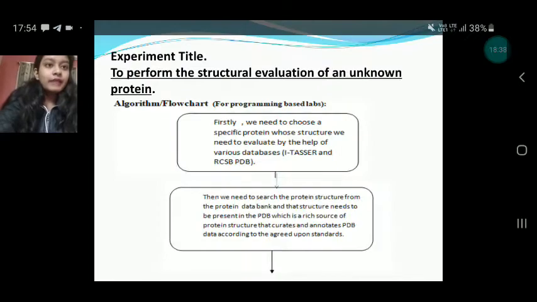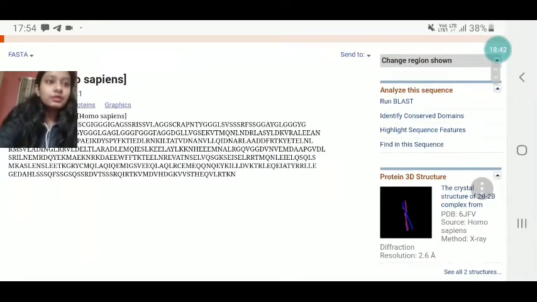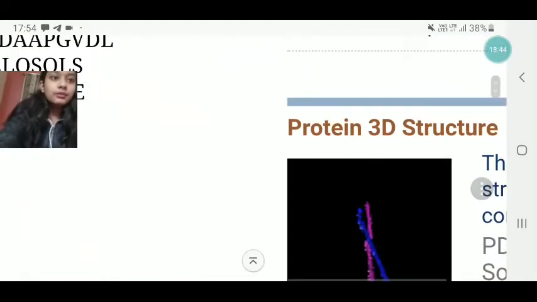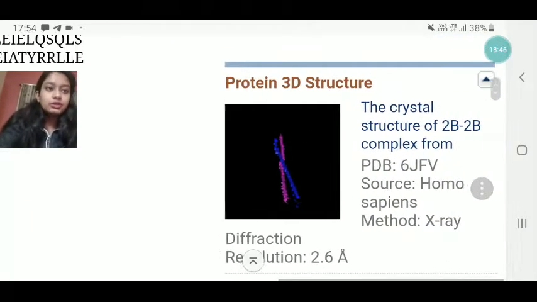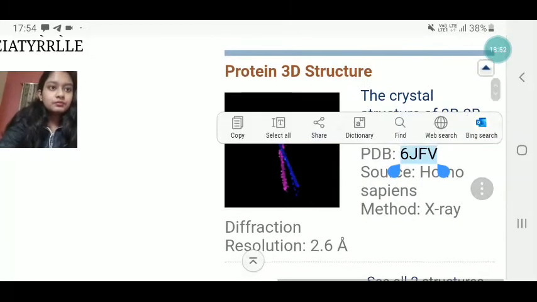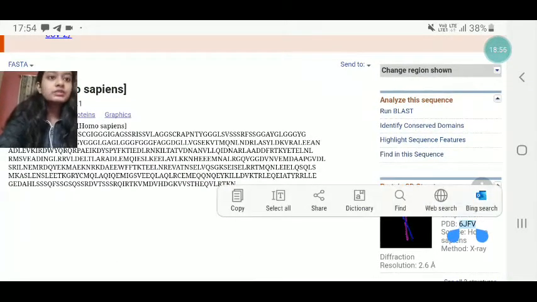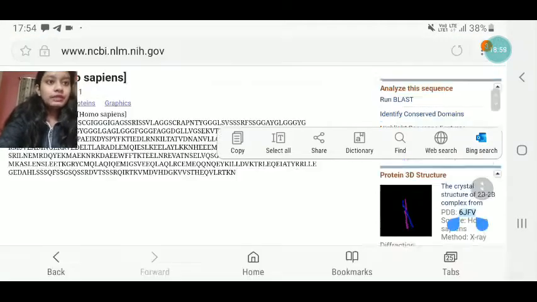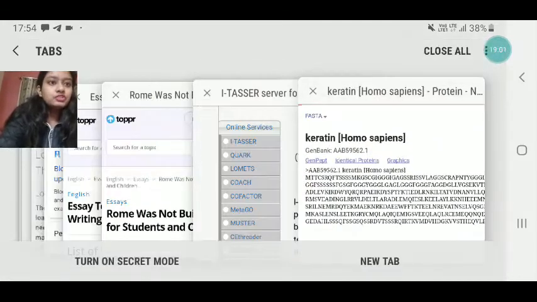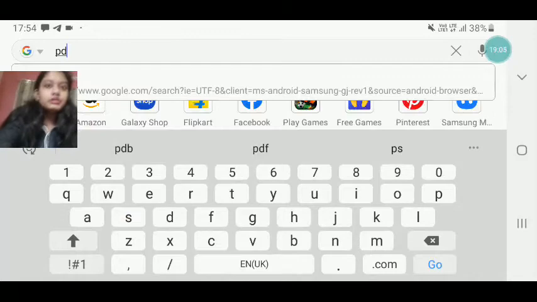Either you can access the PDB only, or you can directly go from here. Here you can get the protein 3D structure, or else you can simply copy this. I have the sequence, right? Let it be. I am opening one more page here. I'll be typing PDB.